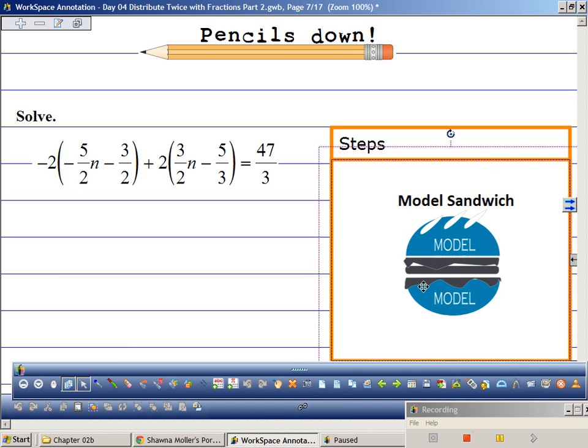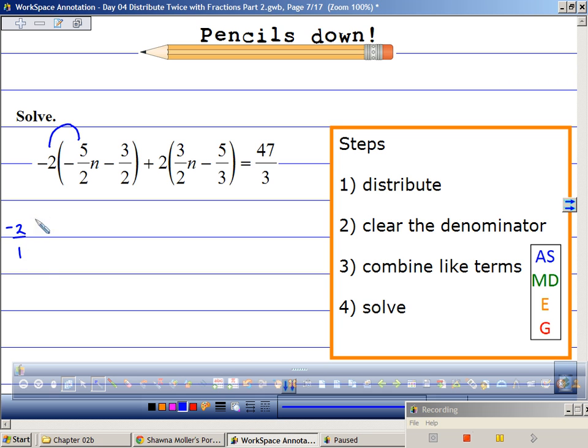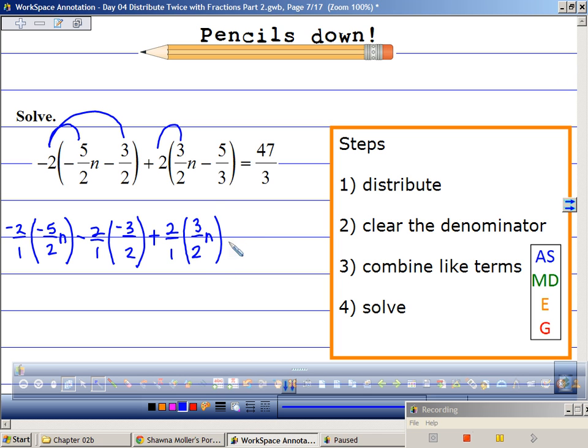Okay, I'm going to go ahead and uncover my steps before I do this. We're going to distribute first. So I'm going to distribute my negative 2. Negative 2 over 1 times negative 5 over 2n. Distribute my negative 2 over here as well. Negative 2 over 1 times negative 3 over 2. Plus, distribute this 2. 2 over 1 times 3 halves n plus 2 over 1, distribute this one, times negative 5 thirds equals